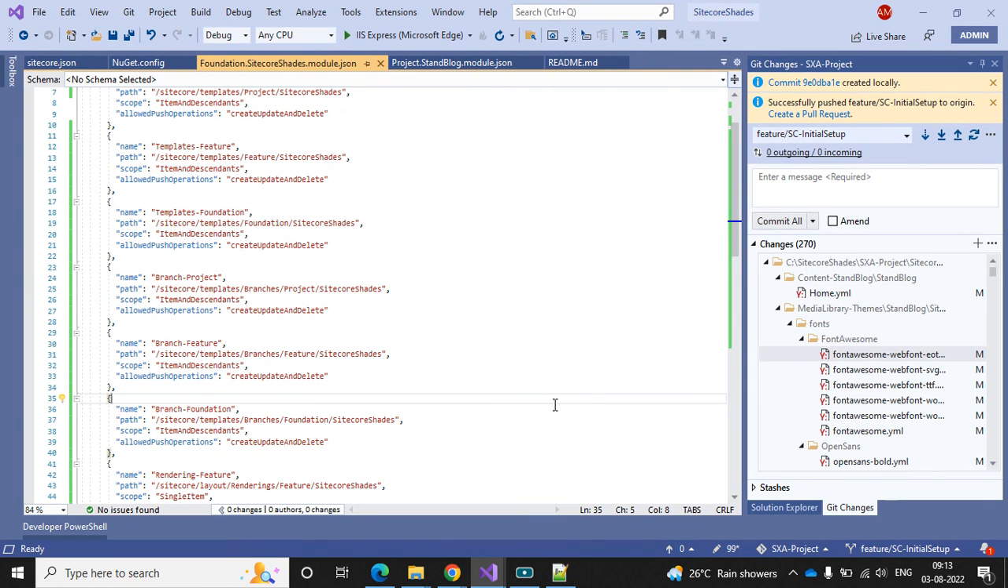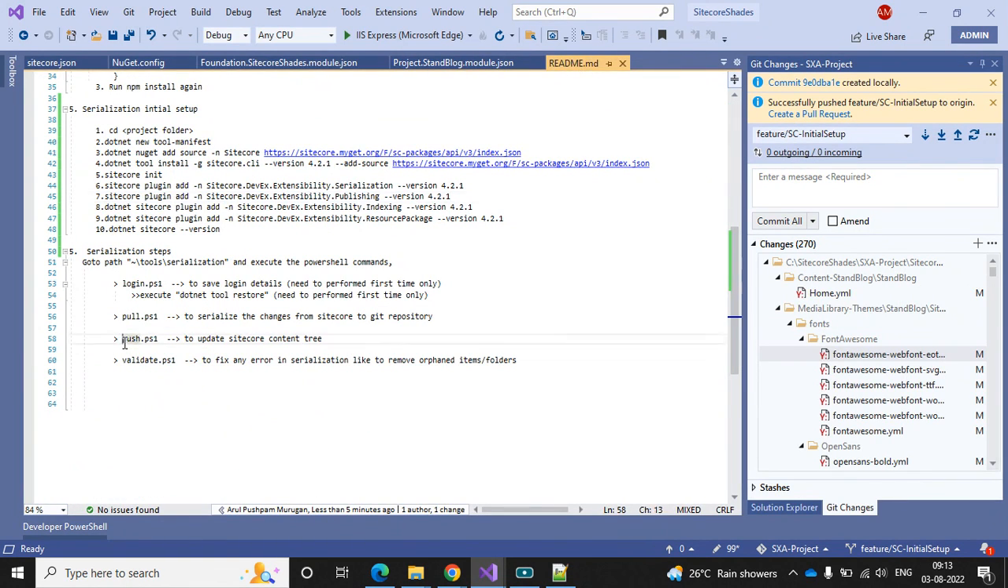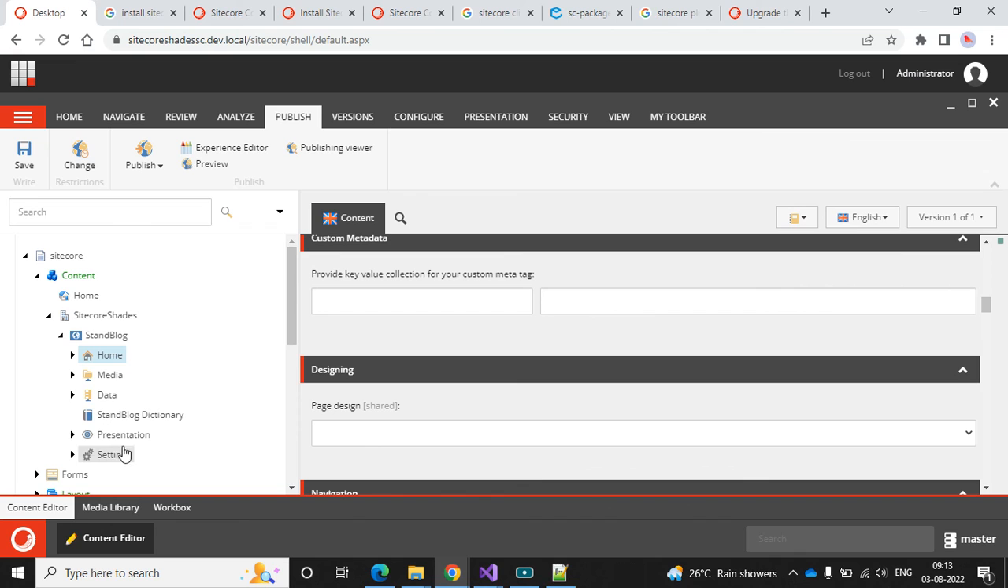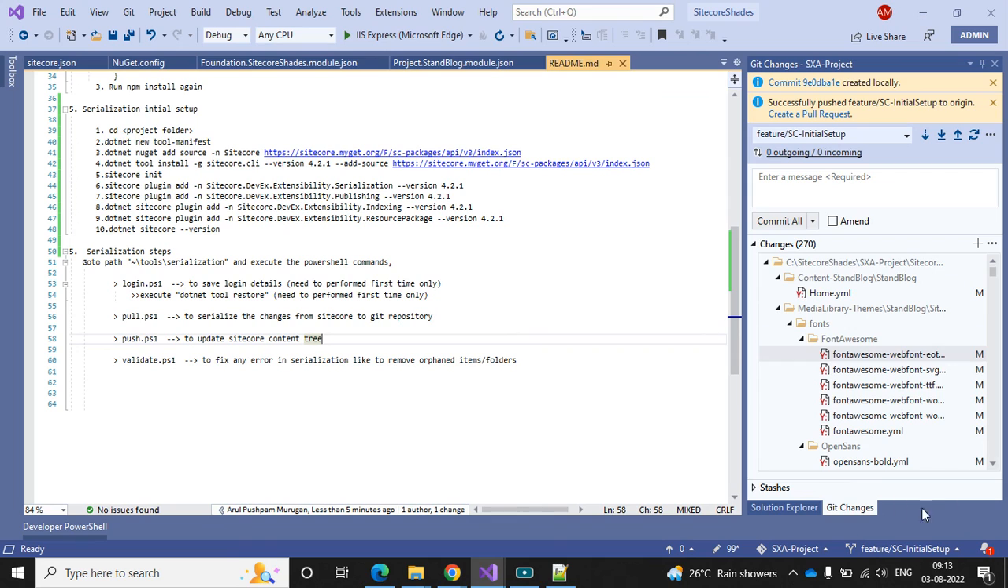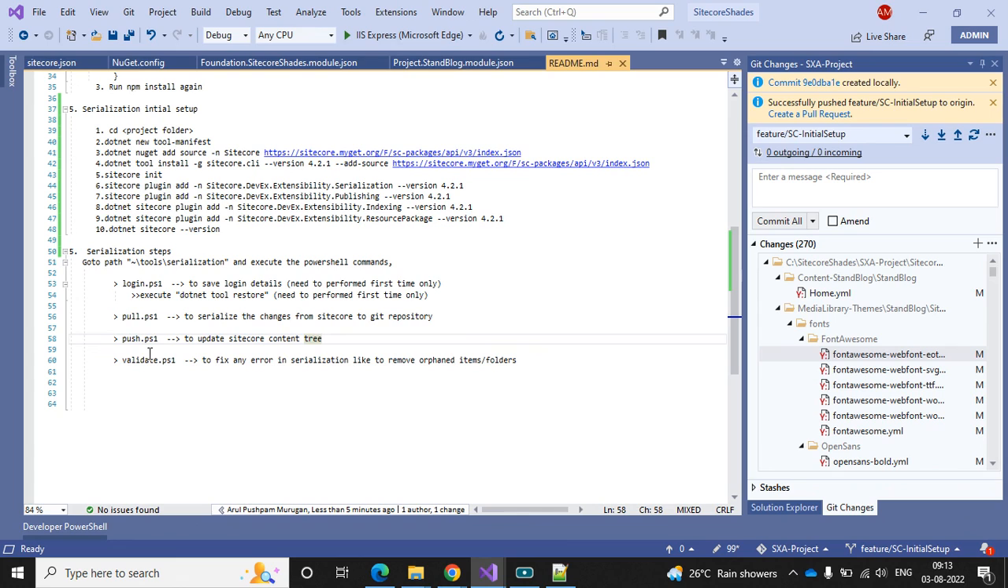If you are taking this project in your local, then you have to run a different command, that is push.ps1. If you see this readme, push.ps1 updates the values from your Sitecore content tree. Currently I'm taking all the Sitecore items into my Visual Studio. But if you'd like to move all your items from Visual Studio into Sitecore, then you have to use push.ps1. If you face any validation-related errors in serialization, then you can run validate.ps1. It will automatically fix your issue. So in the upcoming series, we will check and we